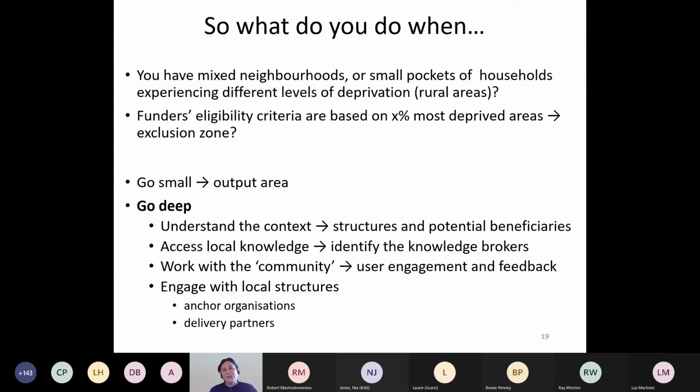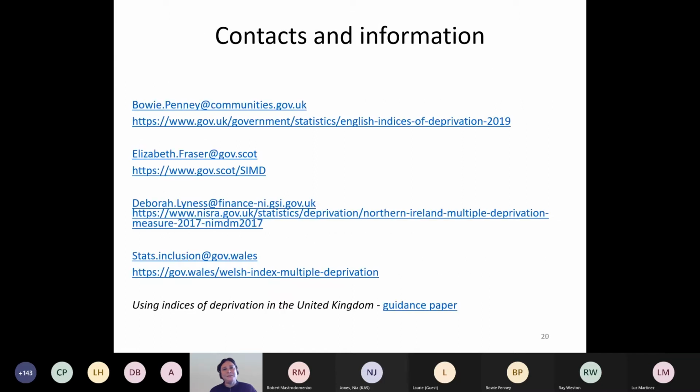And communities, I suppose you need to think about that in a fairly broad way, because sometimes it's geographically located, sometimes it's communities of interest, and sometimes there isn't actually a community as such. And that's part of the problem. People are quite isolated, they don't work together. You don't know what the problem is because people are scattered all over the place and you don't really get to see them or talk to them. So that's thinking about who the community is, who the beneficiaries are, how you reach them, how you work with them, and how you move the program forward. So I think I'll stop there because in most cases the questions are more interesting than the presentations. So thank you very much.